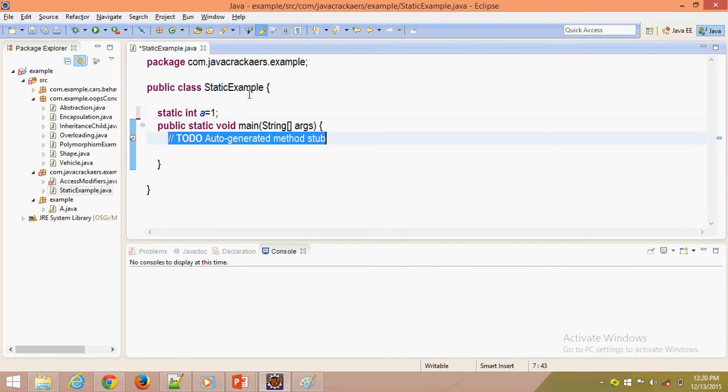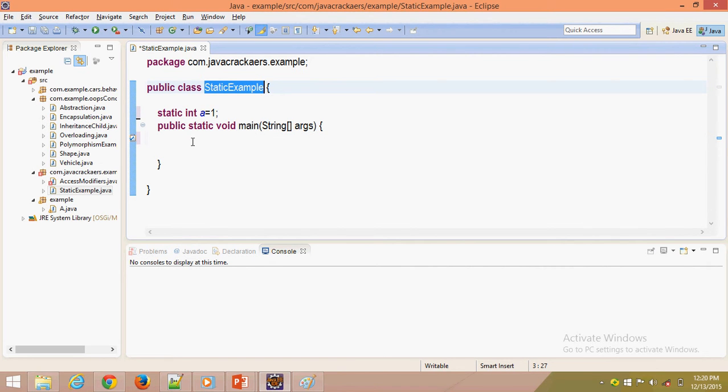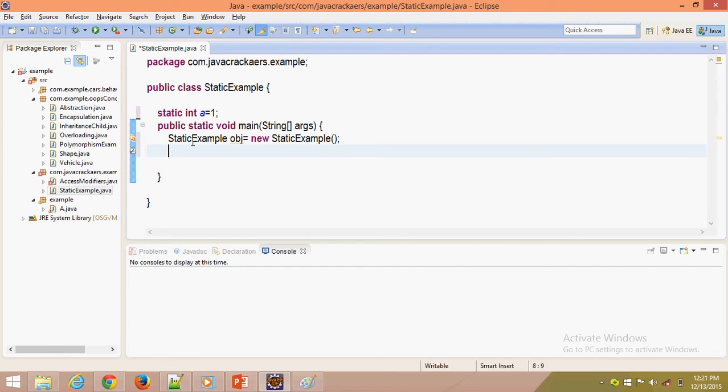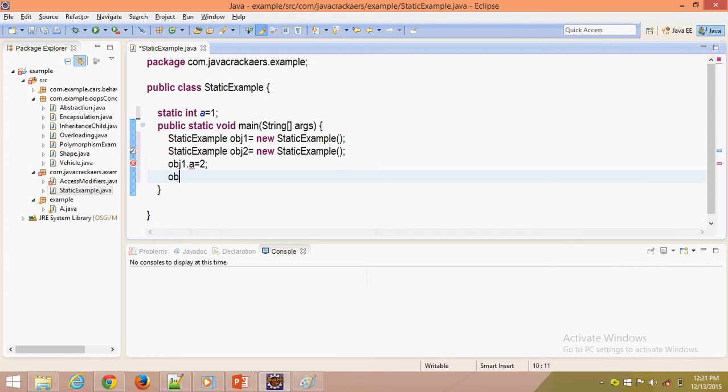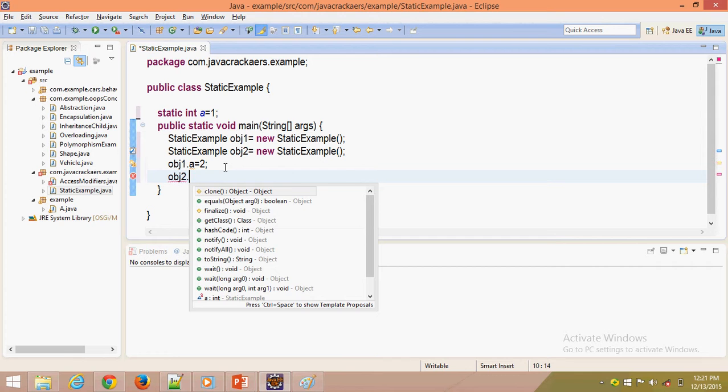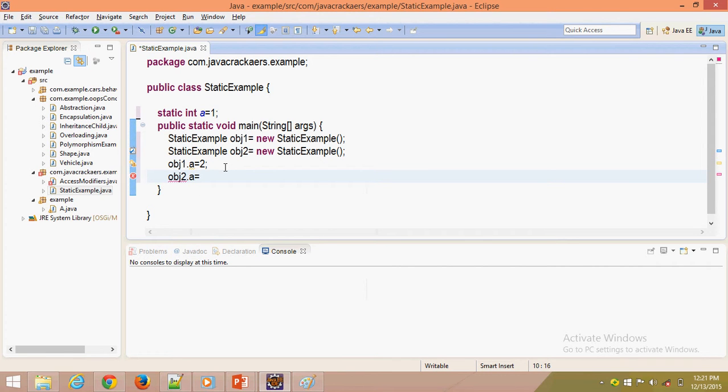Now we are going to access this variable with objects. Now I am going to declare two objects, object 1 and object 2. Suppose I assign object 1 dot a equal to 2 and object 2 dot a equal to 3,